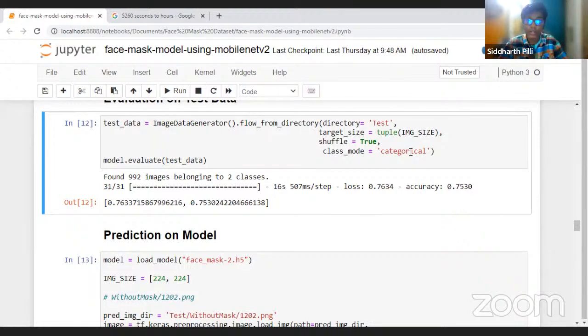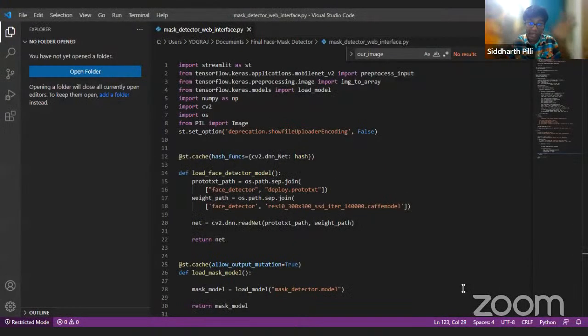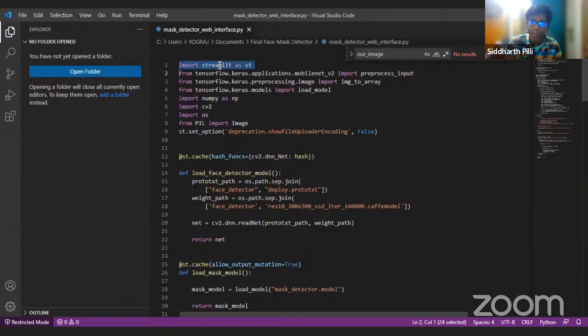So now let's try to develop this neural network in a web application. So that's the first part, training has been completed. Now I'll show you guys how exactly this is implemented. If you want to detect the face and mask and everything, I'll show you how you can implement this in a web application. So right now, like I said, we're using something called Streamlit. Streamlit is basically a web application library, which can be used to create web applications. That's really what Streamlit is.